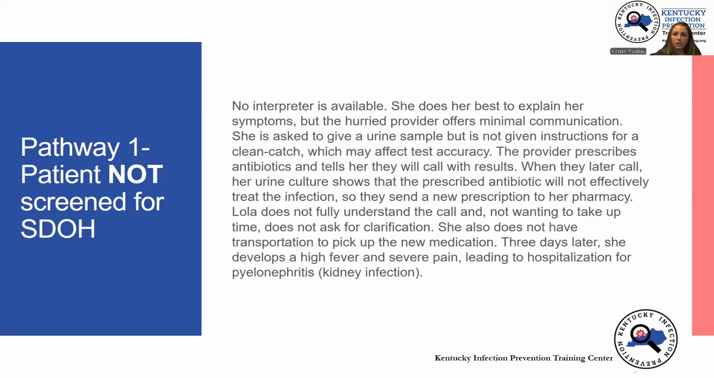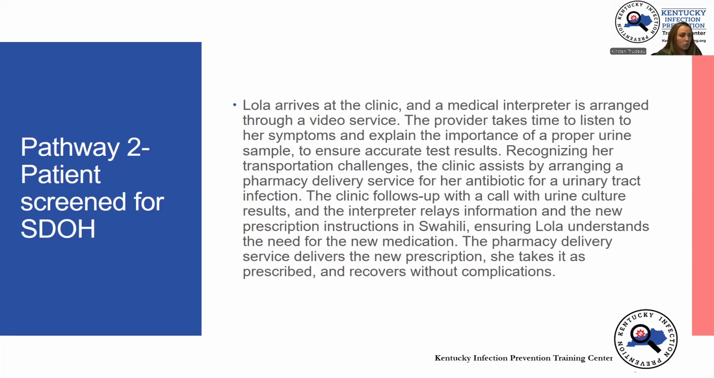So I don't think that is very far off from some of the scenarios that some of us on this call have maybe seen. So what happens if we do screen for social determinants of health? She arrives to the clinic, she's screened appropriately. A medical interpreter is arranged through a video service. The provider takes their time to listen to her symptoms, explains the importance of proper urine sample to ensure accurate test results. Recognizing her transportation challenges, the clinic assists by arranging a pharmacy delivery service for her antibiotic